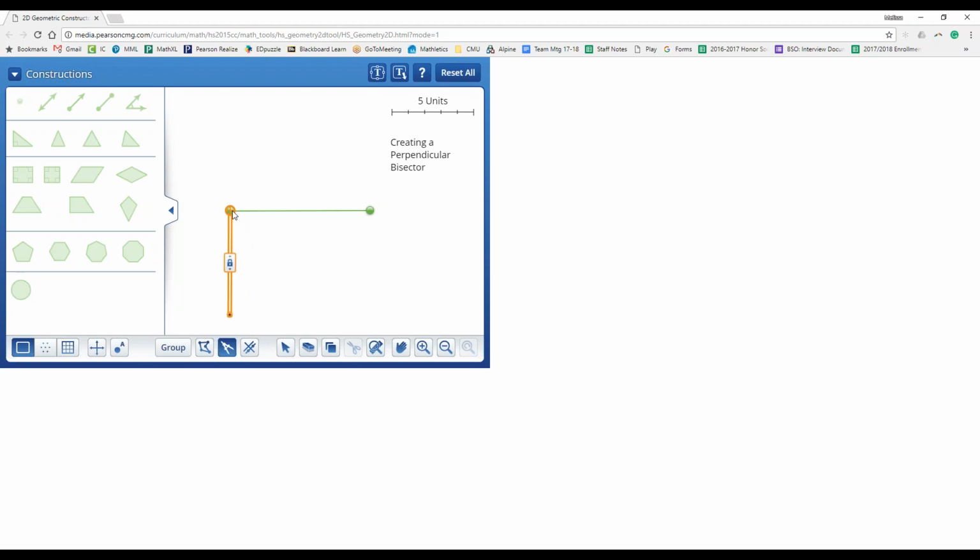You want to start with your crosshairs on one endpoint, and in the unlocked position, stretch your compass to be clearly more than halfway. I usually say about 3/4 of the way is a good rule of thumb. You don't want to be right at half or any less than half, because then your arcs won't intersect. Once you can see you're clearly more than halfway, lock it in place and go ahead and draw your arc